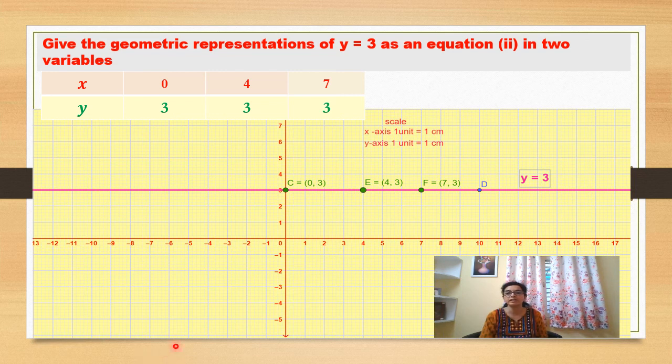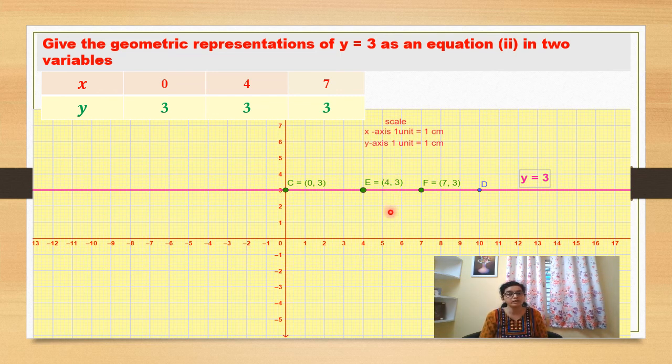And what about the coordinates? You see, the first coordinate is 0, 3, because at that time the x coordinate is 0. As we are moving further, we are staying at 3 on the y-axis, but our x value is changing. I mean to say that on the x-axis we are moving towards the right. So the first point was 0, then the next point on the right is 3 on the x-axis. So we are getting 3, 3, and then you can even say 4, 3. 4, 3 is the next point on the x-axis.